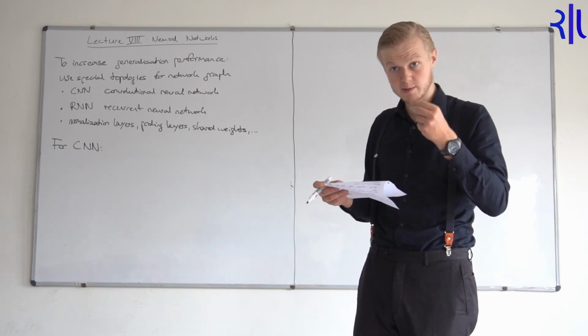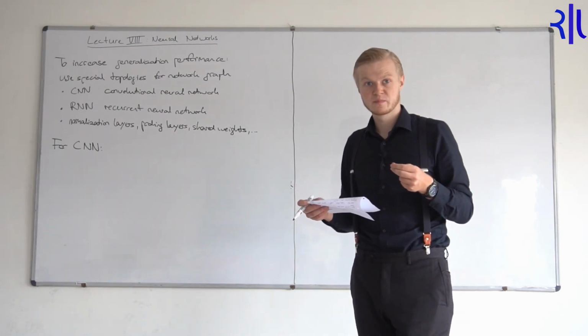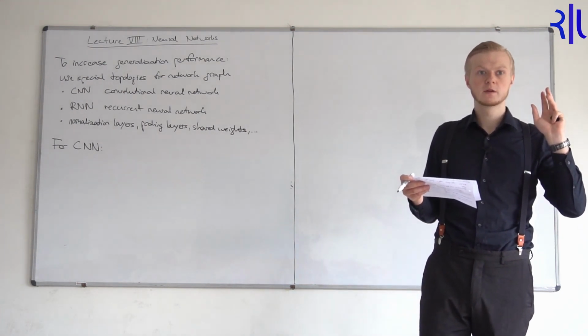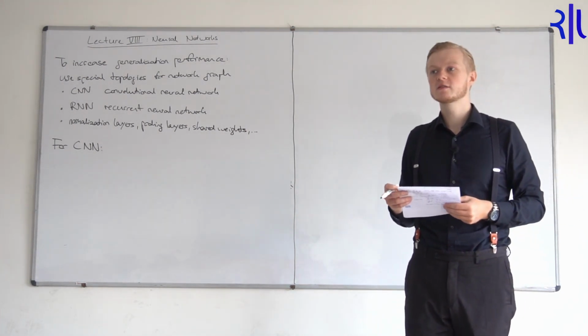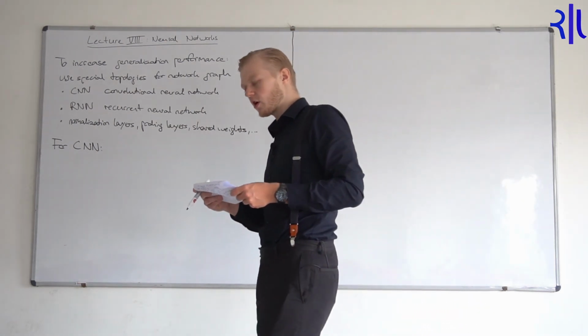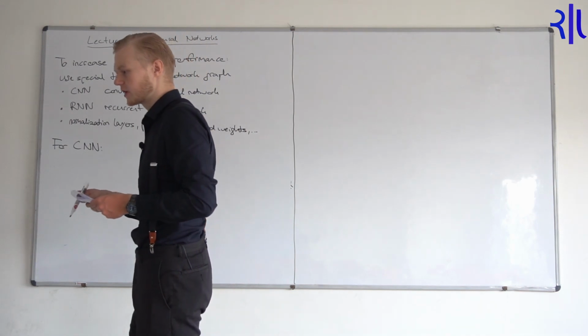But the multi-layer perceptron wouldn't mind. For the multi-layer perceptron, there would be no change. So we can try to exploit the spatial structure, and this is what is called a convolutional neural network,